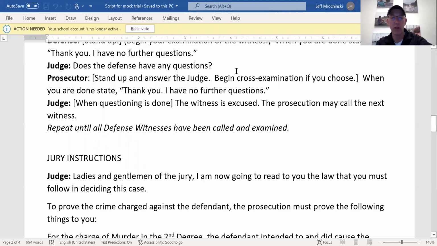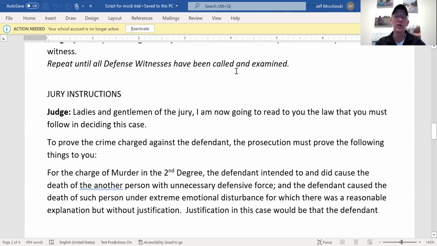Once we're done with all that, then it is up to the jury to get back together, to meet, review their notes, and decide whether or not there is enough evidence to convict this person of the crime, or whether they should be found not guilty.